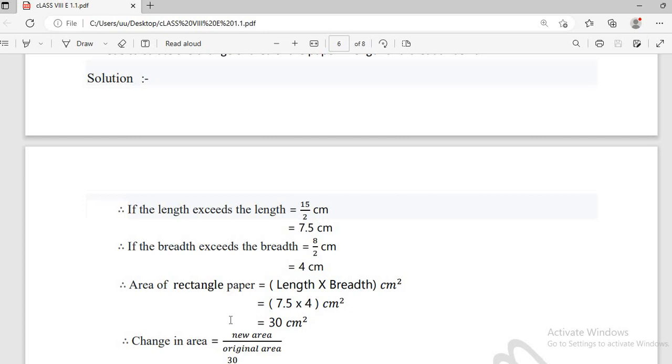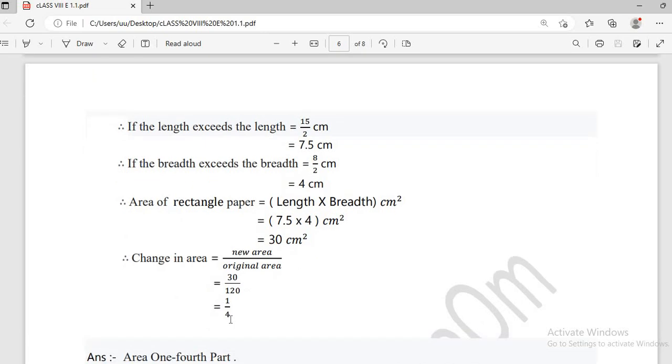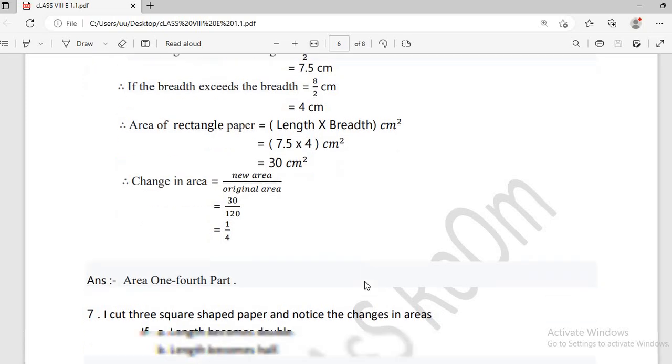The area of the rectangular paper length into breadth is equal to 7.5 into 4 is equal to 30 semi square. The change of the area, the new area by original area, তাহলে হচ্ছে আমাদের 30 by 120 is equal to 1 by 4। তাহলে এখান থেকে অ্যান্সারটা লিখবো the area 1 by 4 parts, 1 by 4 parts। Next mathematics question number 7